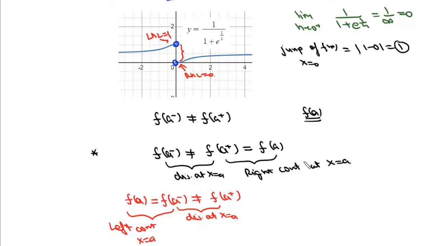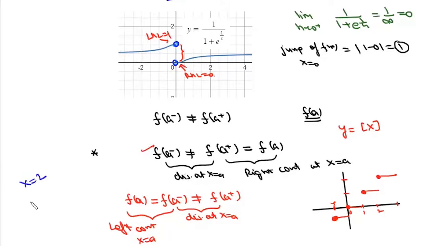Now, one of the simplest examples for this case is the greatest integer function, y equals greatest integer function of x. Now, if you look at the graph of the greatest integer function of x, between 0 and 1, it is 0. Between 1 and 2, it is 1. Between 2 and 3, it is 2. Between -1 and 0, it is -1. If you look at any integer point, say at x equal to 2, then